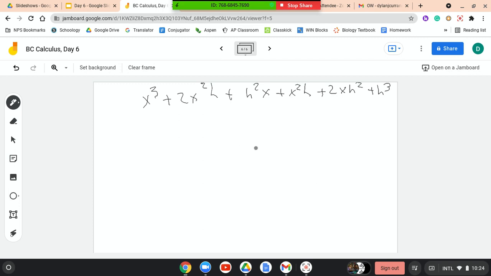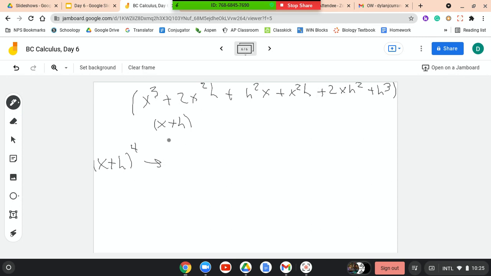All right. So next, if we took x plus h cubed, which is this, and we multiplied it by x plus h again, what would we get? We get x plus h to the fourth, right? Yeah. So then x plus h to the fourth, and you'll see why I'm doing this in a second, is